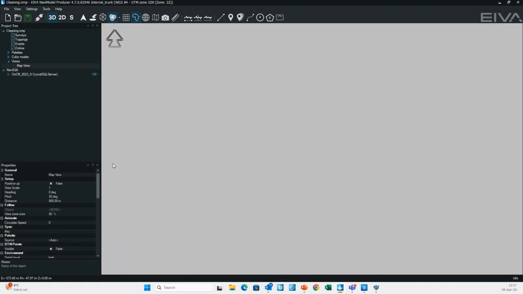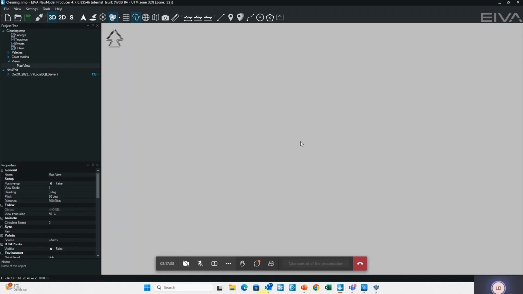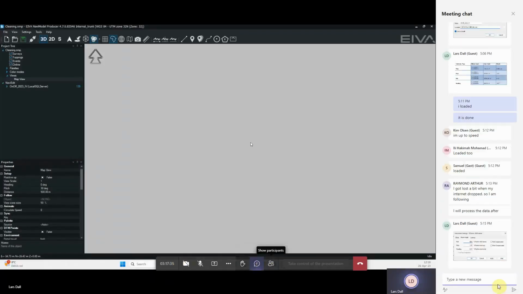Now, this is a little bit like what you saw in the health display. You probably used it like this. We have two different themes in the health display as well as in NaviModel. Those two themes are the light and the dark theme. I'm always using the light theme because it's a lot easier for you guys to see what's going on if I do that. So I can modify by choosing settings here, options,